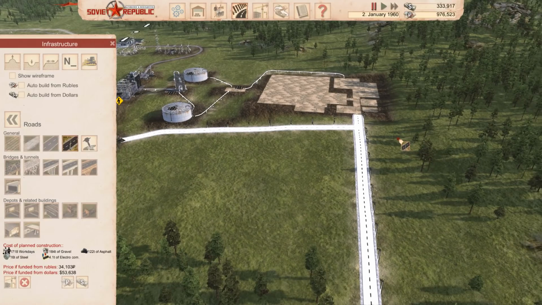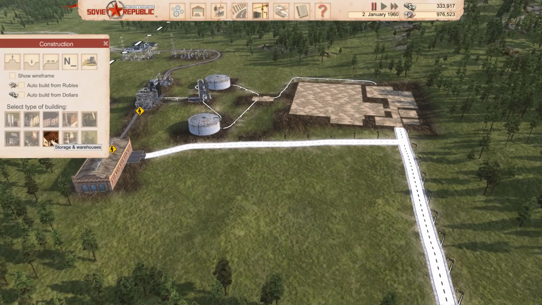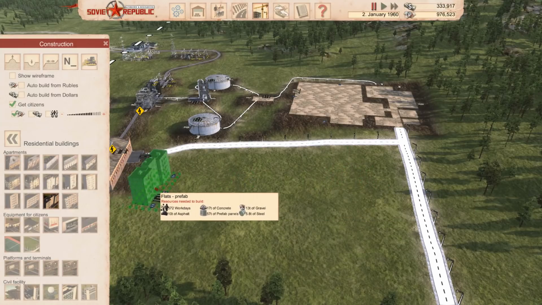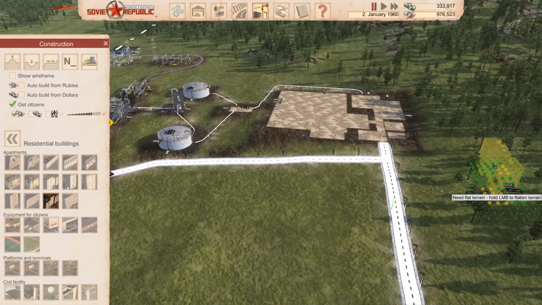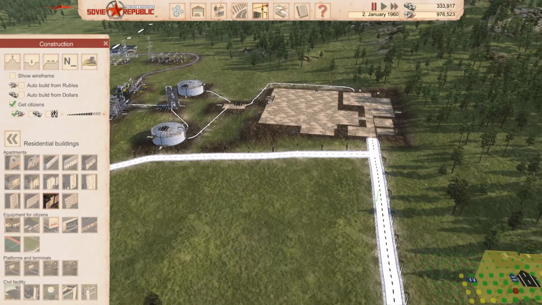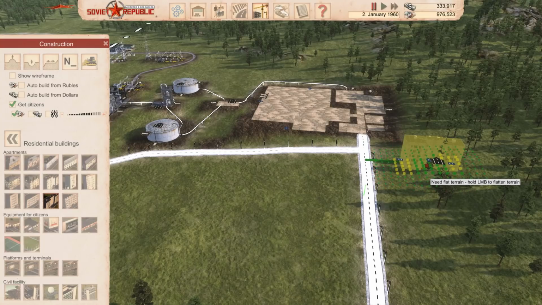Okay, so now what we're going to want to do is put a number of large apartments along here to walk assigned to this to work. So let's go get the really big ones. And just to comment on workers, the refinery can take 500 workers at a time. And in fact, I'm going to make sure I'm going to put these so that they are